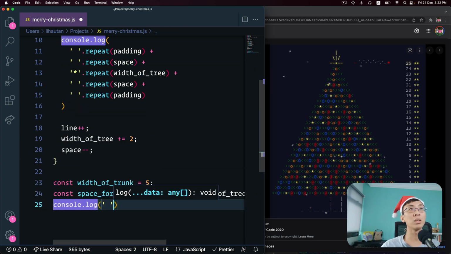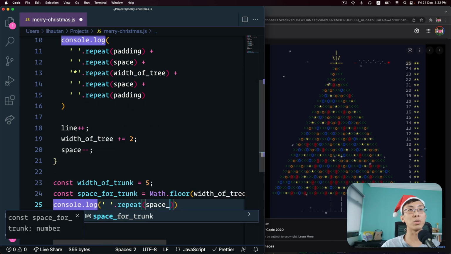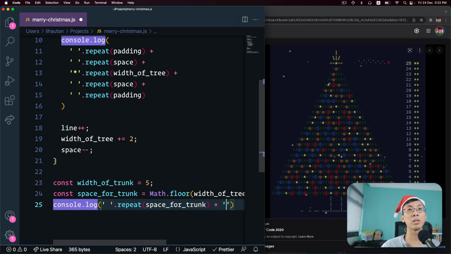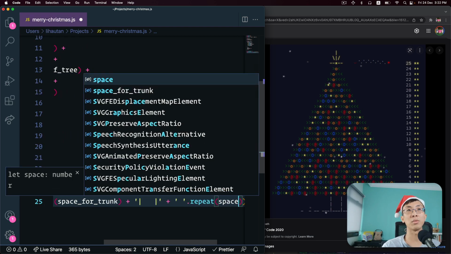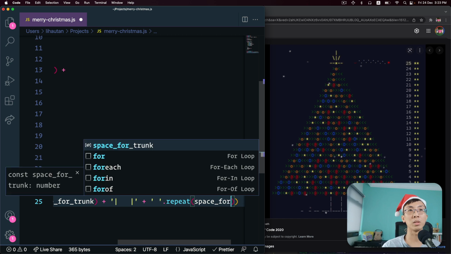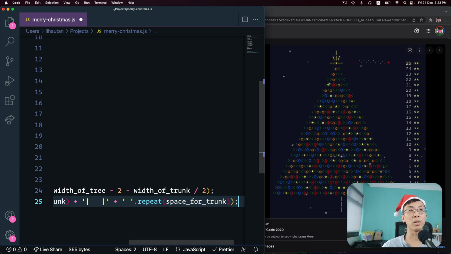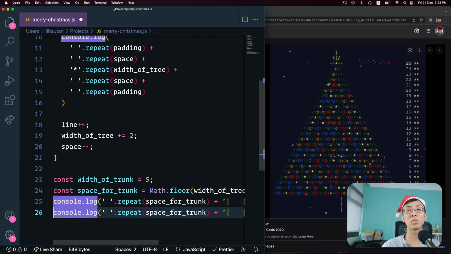So we're going to have a space times repeat, the space for trunk, and then plus the trunk itself. So with the pipe character, 3 spaces. Okay, 1, 2, 3. A pipe character plus space, space, repeat space for trunk. Oops. Okay, and I'm going to do this 2 times,